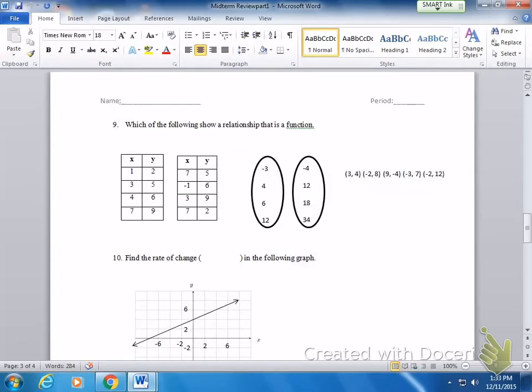All right, guys, so this is part 2 of midterm review number 1. We did 1 through 8 on the first part, so if you need those, go back to that video. This is 9 on. The first one says, number 9, which of the following shows a relationship that is a